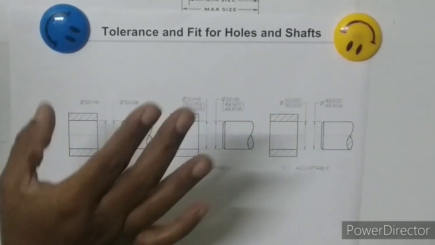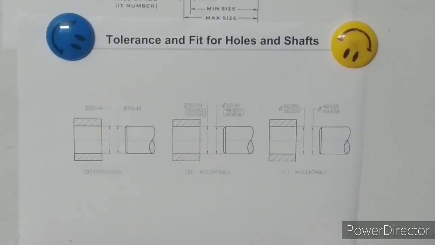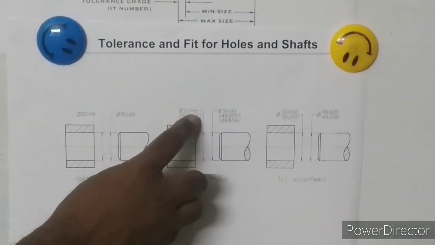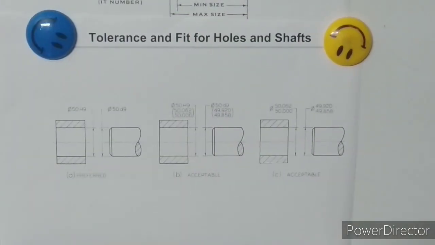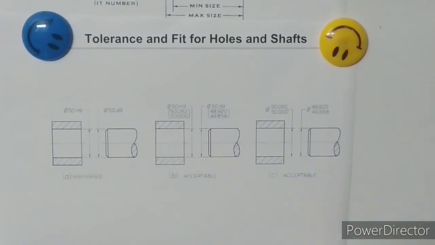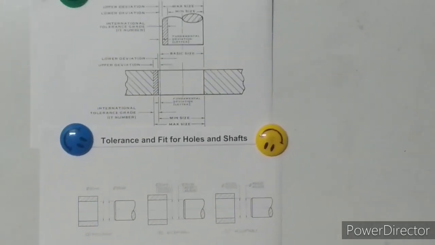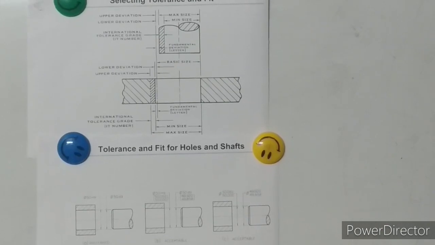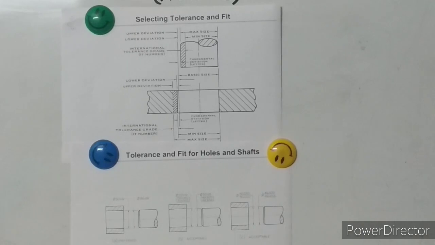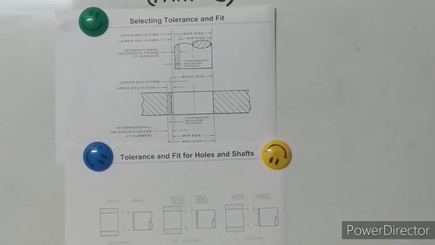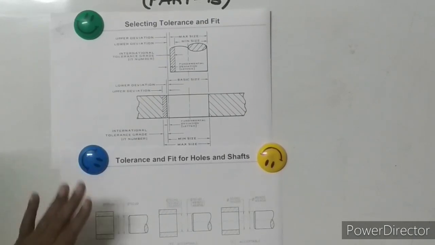Now let us know what is the basic size. The basic size is the size of a part within which all the limits of variation are defined. Now, the actual size we know is the actual measured dimension of a part, then the nominal size and the basic size. So what is the nominal size? The nominal size is the size of a part specified in the drawing. So the nominal size and the basic size are both the same.